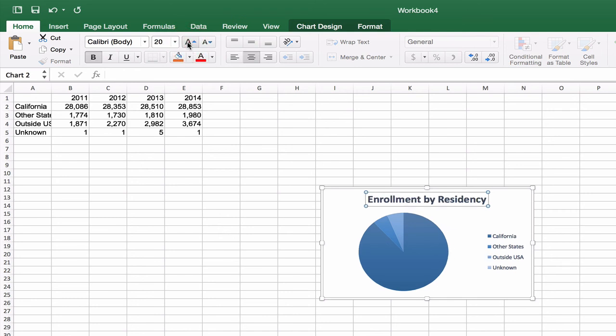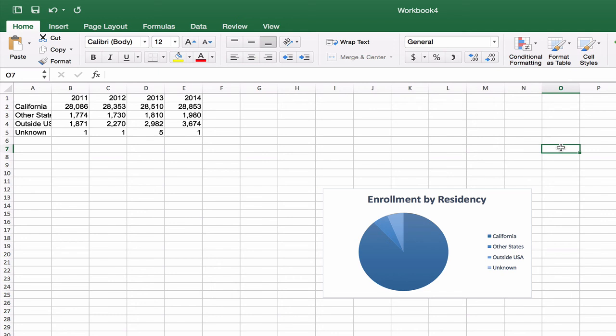I think that this is the pie chart for us. This clearly tells the story of enrollment by residency, and you should be able to see as clearly as your audience will see that the majority of enrollment comes from California. UC Davis primarily enrolls Californians. That might be a good sentence to begin with.